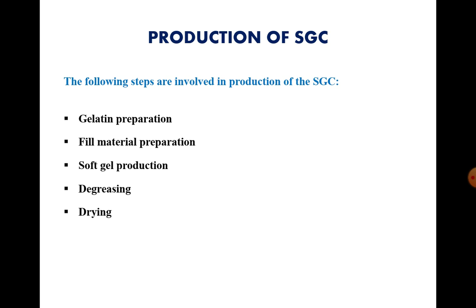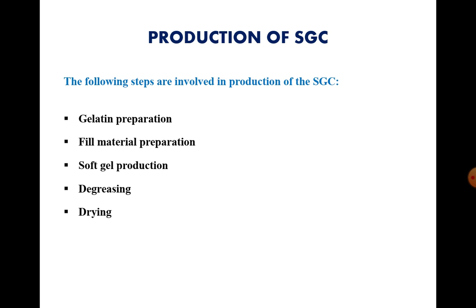Now, fill material preparation. The various ingredients of the fill material along with the drugs are mixed properly. Then the mix is milled or homogenized in a suitable mill, for example, colloid mill, stone mill, hopper mill, etc. The purpose of the milling step is not size reduction but to break any lump or agglomerate and to facilitate complete wetting of the particles also. The smooth homogeneous mass thus obtained is then deaerated at a temperature of minimum 60 degrees centigrade prior to encapsulation.